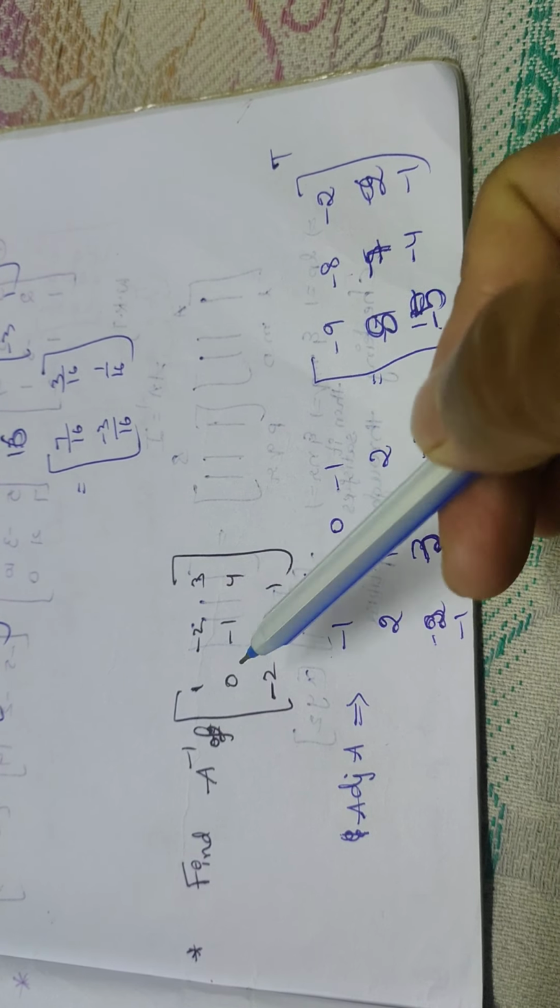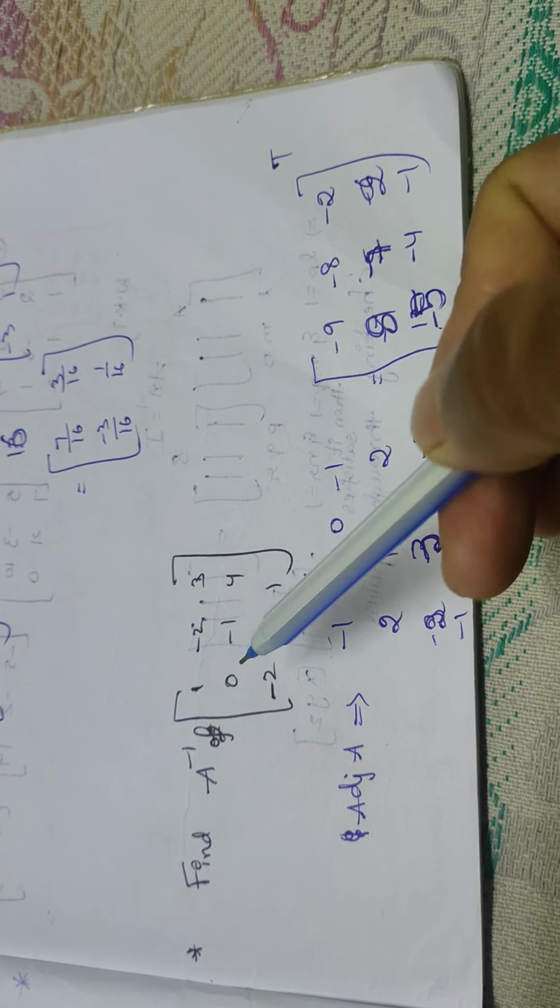Now go to the third option: 6 7s are 42, 3 3s are 9, that means 51, 10 into -5 is -50, 51 minus 50 is 1. Maybe the first column is satisfied; we don't know whether the second and third columns are satisfied, so we have to check everything. So just hold this option and go to the next one. Here 1 0 0 is given: 6 into 1 is 6, 3 into 0 is 0, 10 into 0 is 0, so totally we get 6. The first column is not satisfied, so the fourth option is out.